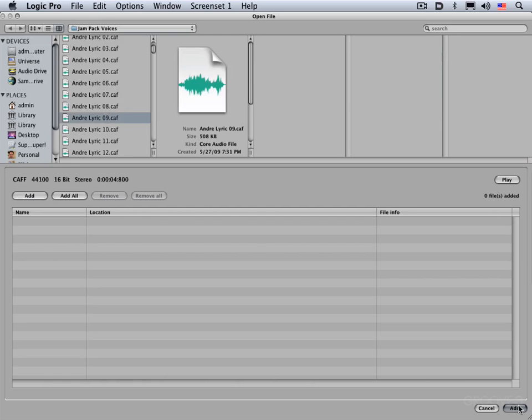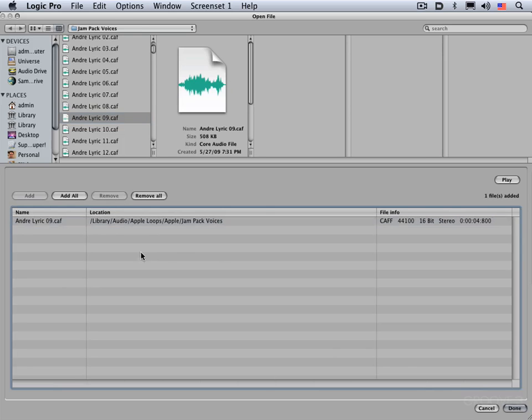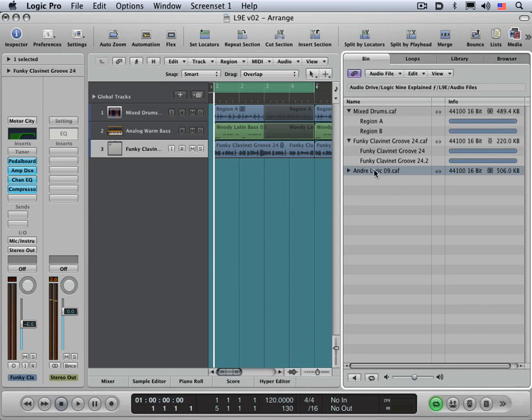That'll work for me. So I'm going to go add, and now we can keep scrolling and adding additional files if we want to bring in multiple files at once. And there's some standard management buttons here for adding all or removing specific files, etc. But for now, I'm just going to bring this one file in. I'm going to click done, and there, it just brought it in and it copied it. The little copy box happened really quickly on the side there, but it brought it in and it copied it into my project folder because, as you recall, we set the assets to copy all the imported audio files into our folder here. So now I have this here, and it's in my session, but it's not in the actual